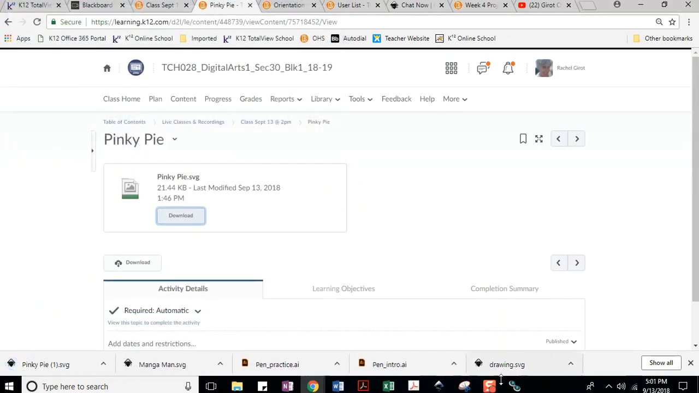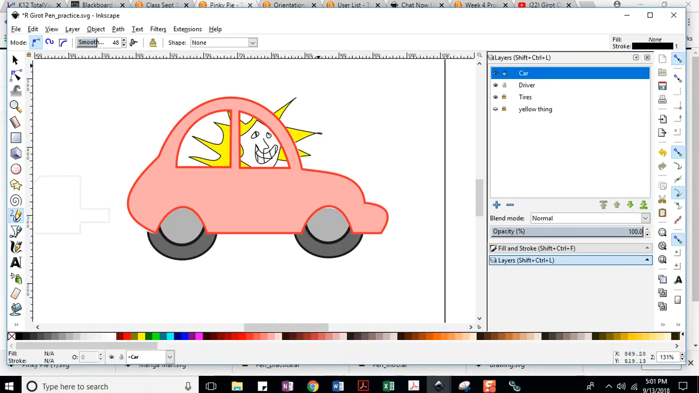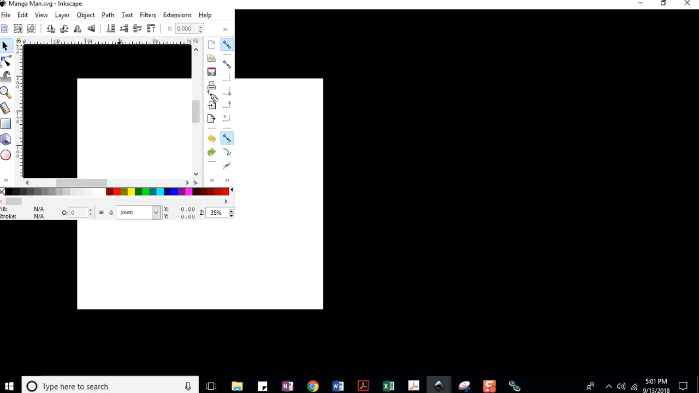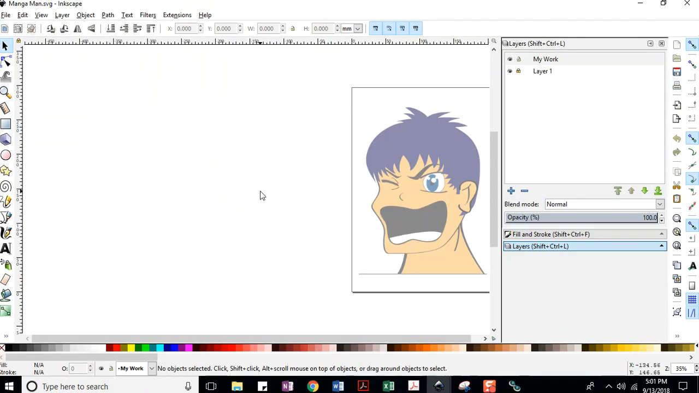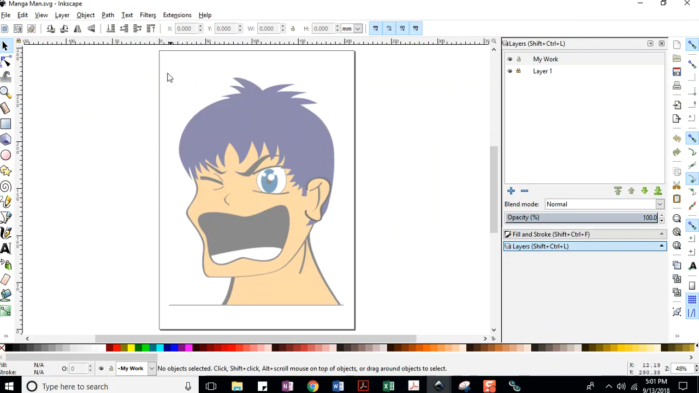Okay, and then you're just going to go into Inkscape and you're going to go File, Open, my Manga Man. So here's Manga Man. The shortcut, remember, is 5 to make it fill your screen. And I have a layer for my work, but you're probably going to want to do like